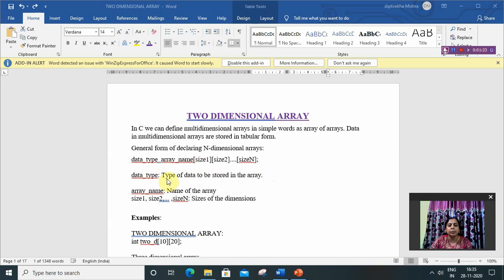Here data type means the type of data, like integer, character, float; array name is the name of the array; and the sizes are the size of each dimension.